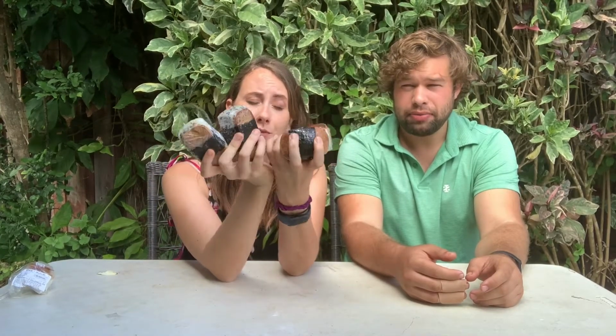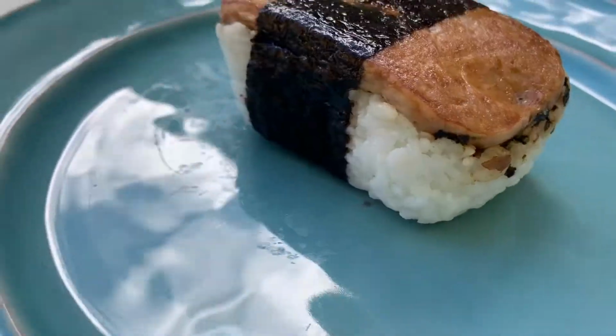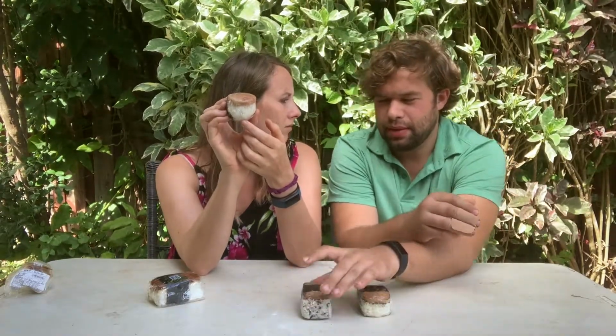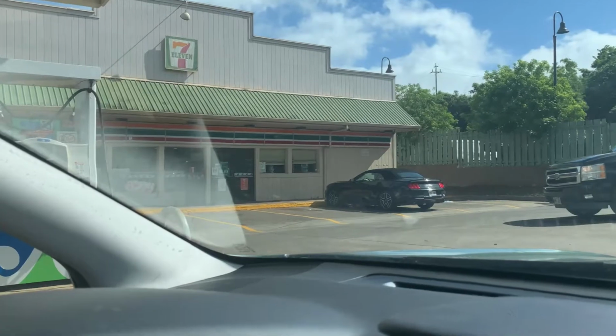we have these to help illustrate to you the final lineup. If you recall, we went to Malama, then we went to Chings, and you can see some differences, like the flavorings in the rice. This one's all white, but it has that sauce. It has like seaweed sauce underneath. This one has things all through the rice. Then we went to Spam Musubi, the restaurant. What's it called? Musubi Cafe? Yeah. Then we went to the Musubi Cafe. You can see this one seems definitely homemade looking. Not as square, a little more sushi looking. And then we went to 7-Eleven, which is probably the darkest Spam. So,